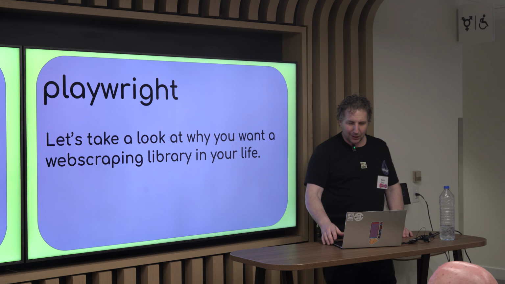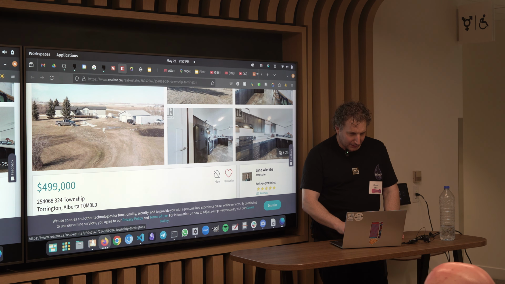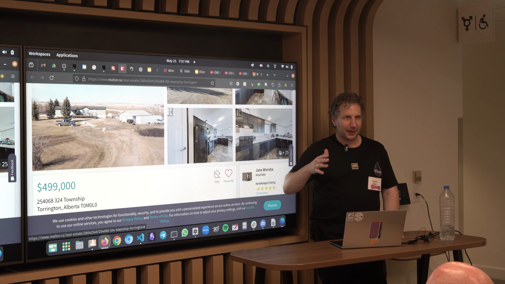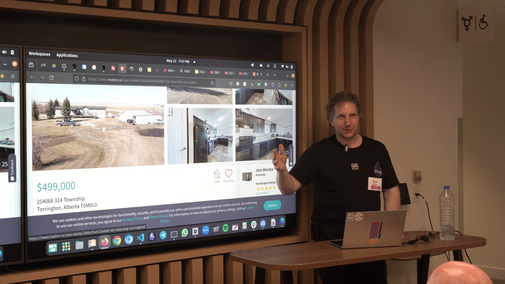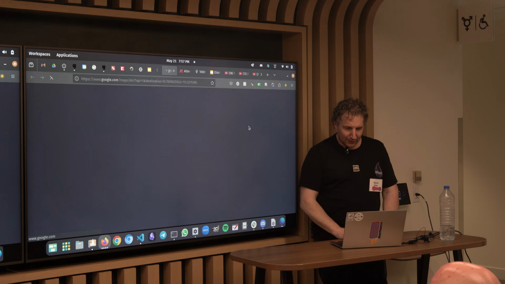So let's take a look at why we want web scraping in our lives. Here's a typical day in my life: my wife sends me a realtor.ca listing, and she's like, go look at the price for this thing, what it's sold for in the past, and what the assessed value is. None of this is really accessible material. There are sites where you can find it for free if you know what you're doing, but it's not really accessible. So what I was doing before I came up with the web scraping thing, okay, go to